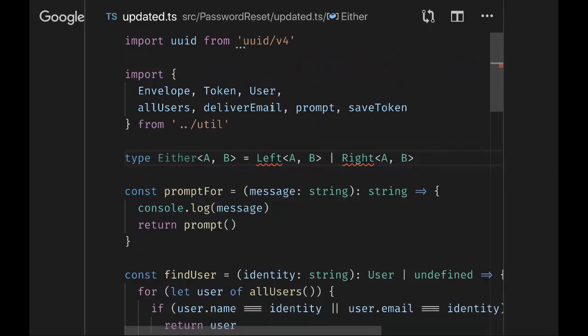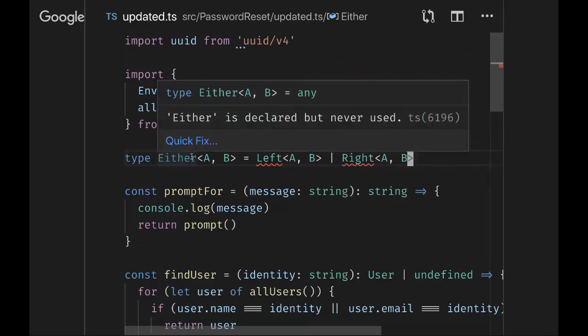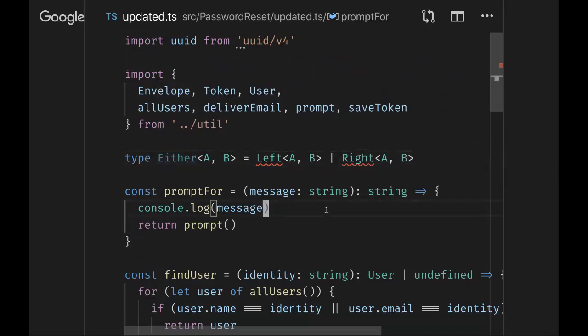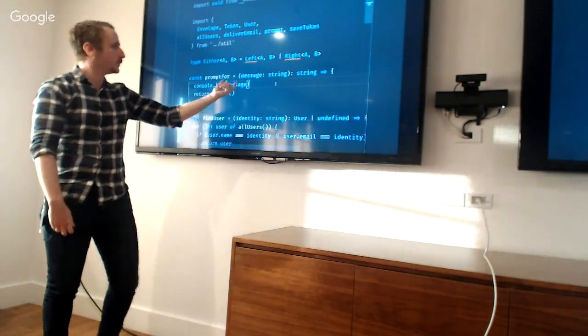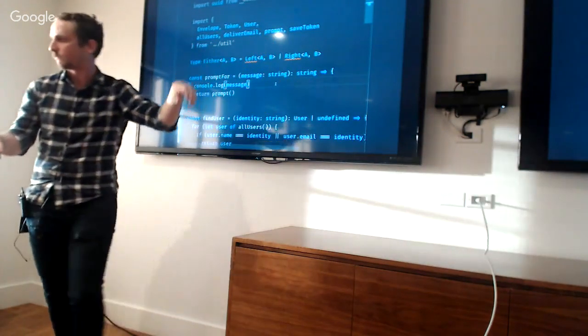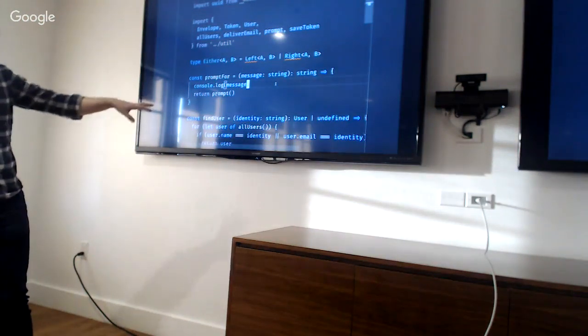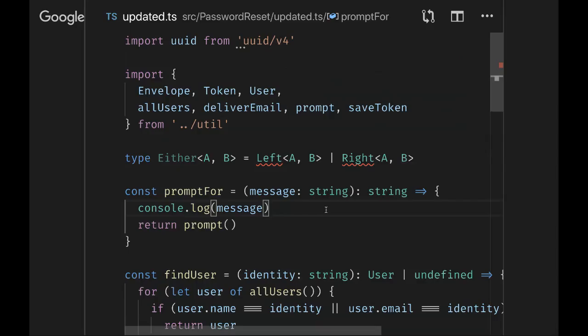The notion is that an Either type represents, in the same way that you have an optional or undefined, an Either is either a left thing or a right thing. I'm sorry about the names, I didn't make them up. Otherwise, I'm trying to use something descriptive. But the very common convention is to define a type called Either with Left and Right, and to use that Left A type to represent the error path, and to use the Right B type to represent the happy path. So rather than our functions returning these inconsistent types, we're going to update this to always return an Either type, and use that consistently.